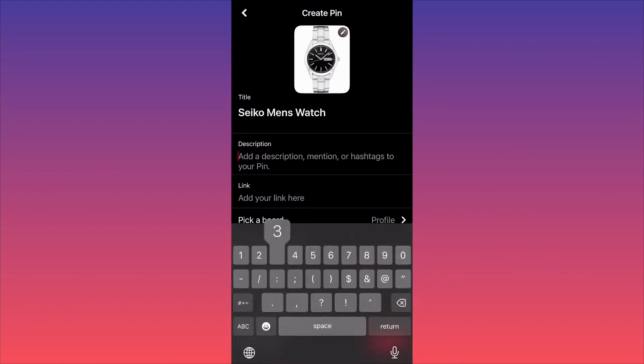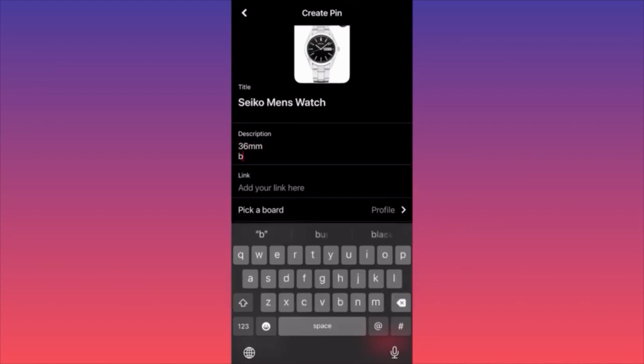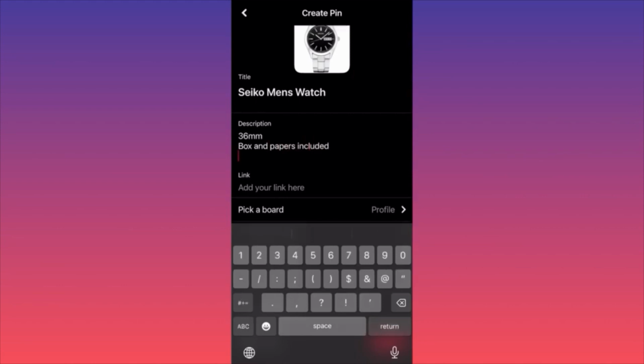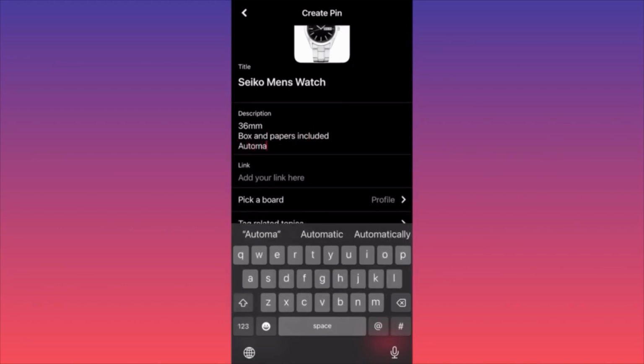We can include that this is 36 millimeter, for example. Then you can include box and papers included, right? Then you can say that it's automatic, and all the details that are relevant to your watch.